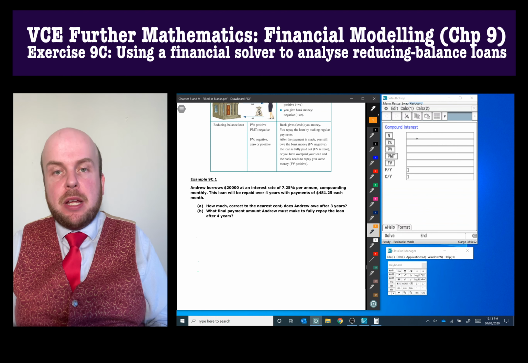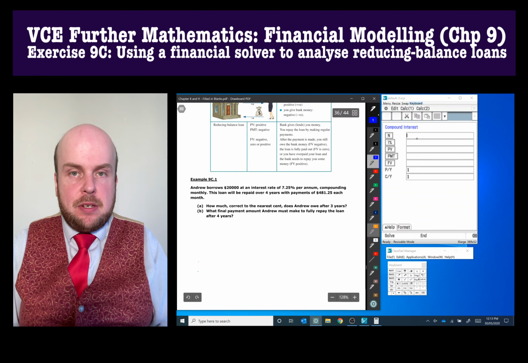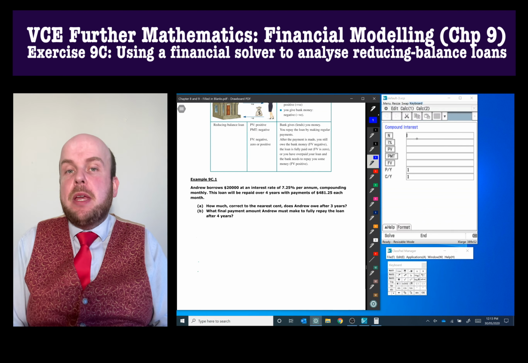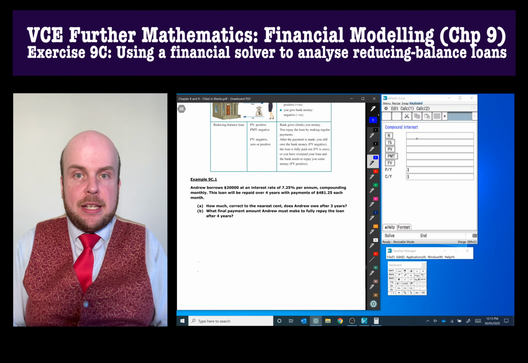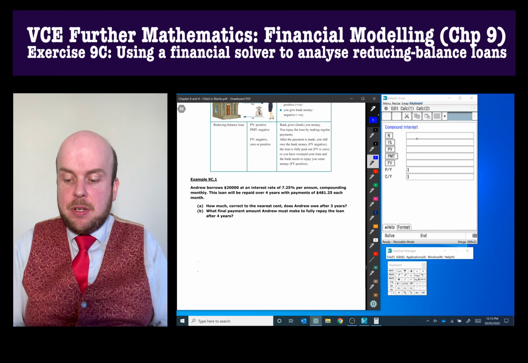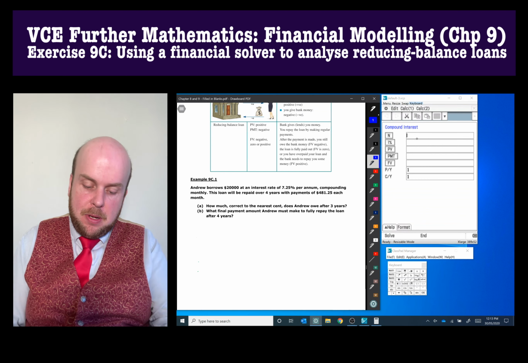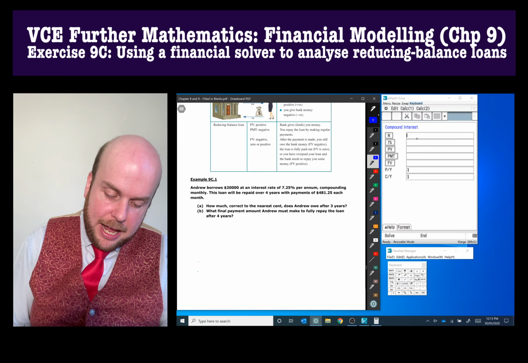So what we're going to do is we're going to use the financial solver, and what I'm also going to suggest is to show you what would be acceptable working out to present in an exam or in a SAC, and that is to write out the entry points that you would put into the CAS. So what I'm going to do for A, we want to find it after 3 years. So I'm just going to put A here. I'm going to write,